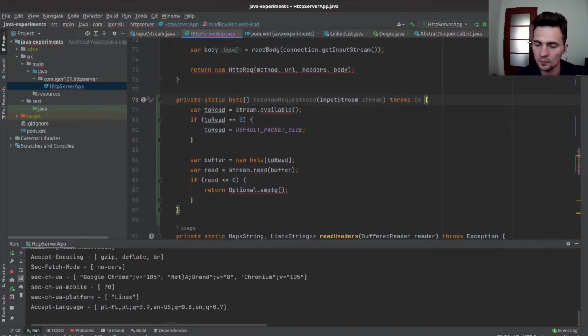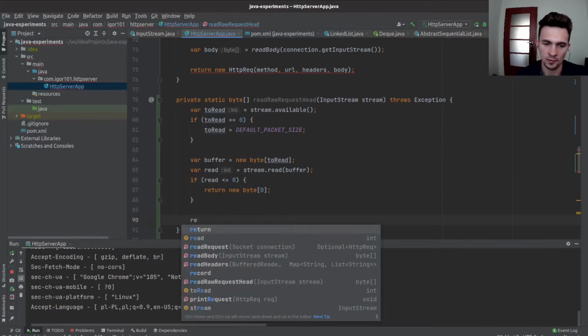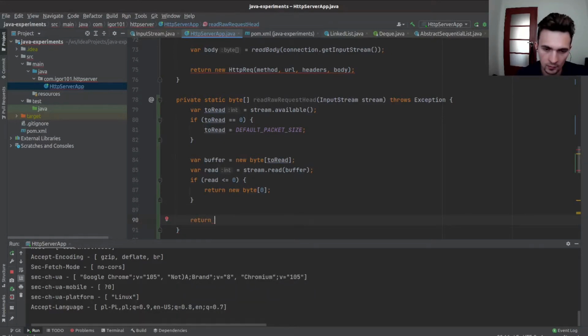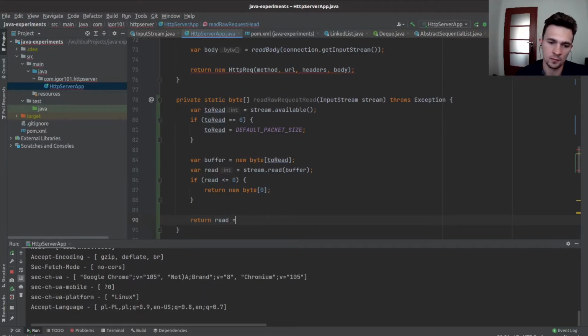And yeah, in that case, I would say that we can return an empty array. And in other case, I would say that if read is equal to the expected size, we can just return buffer,